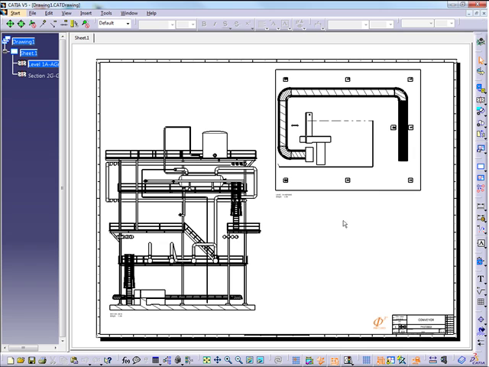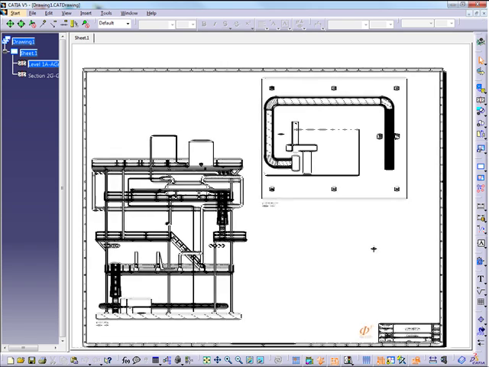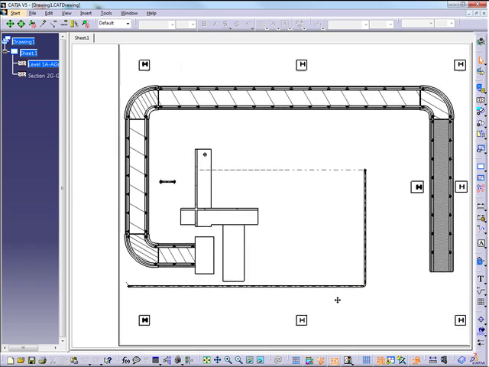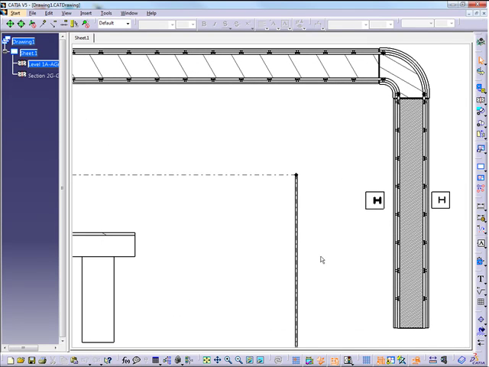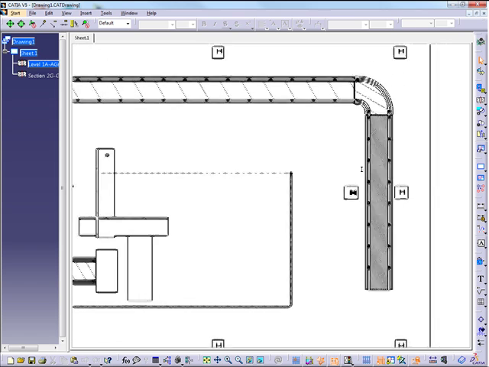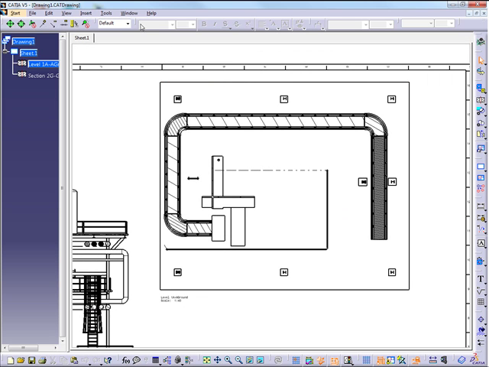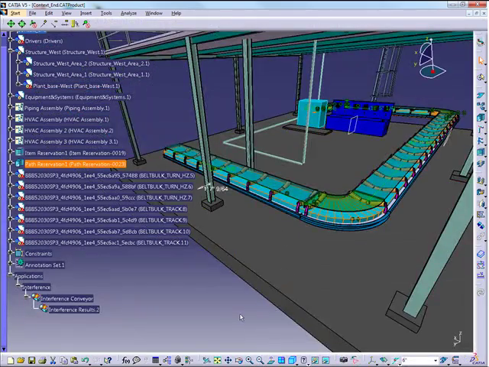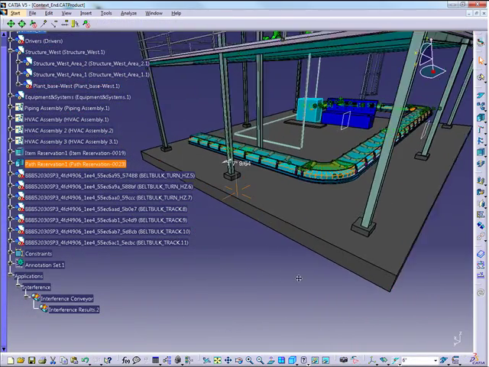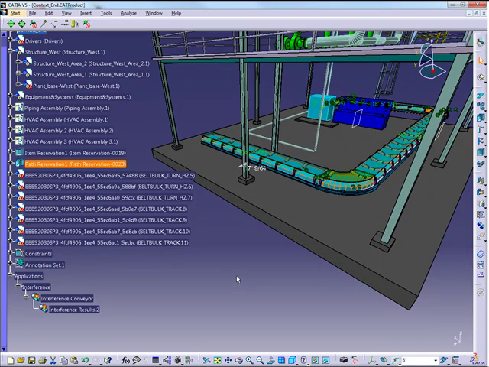Okay, so at this point we've generated the drawings, the field implementation documents from the model. They are now coordinated and ready for field installation and for fabrication. Well, let's just take a look at the model for a moment. Point out a few things that we thought would be cool. Can you go to annotations for a moment